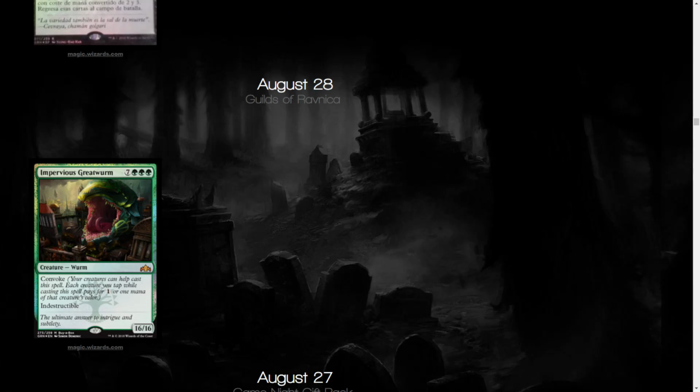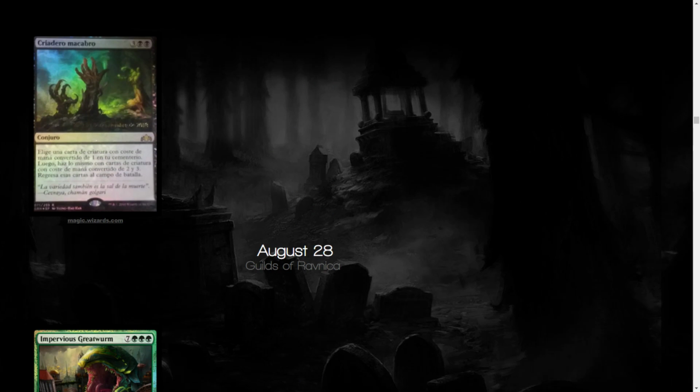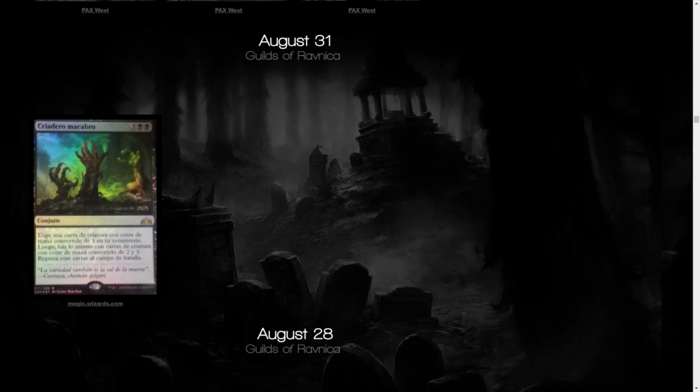So yeah, not bad. See, there's his upgrade, the Worldspine Wurm. It's not quite as good as Worldspine Wurm, I think that's better than this guy, but he does have Convoke, and he is 16/16. I'm sure you could do something with him. All right, next is